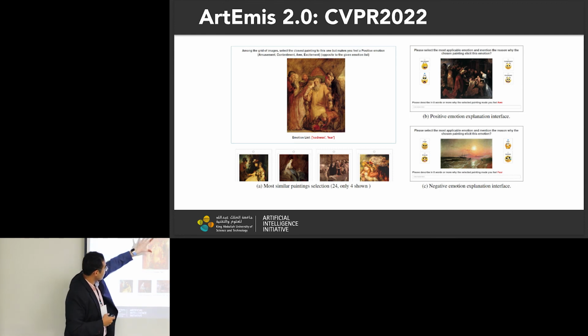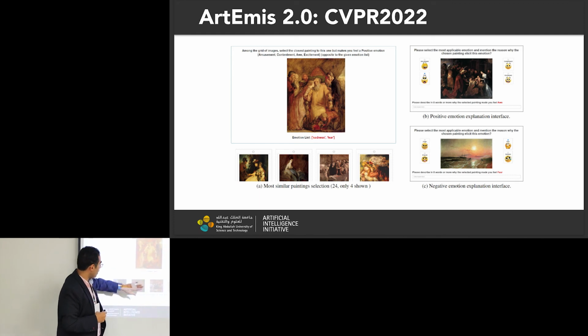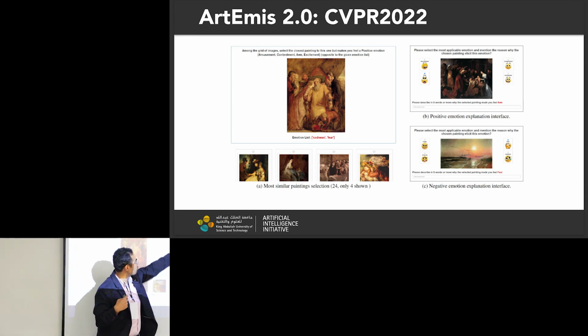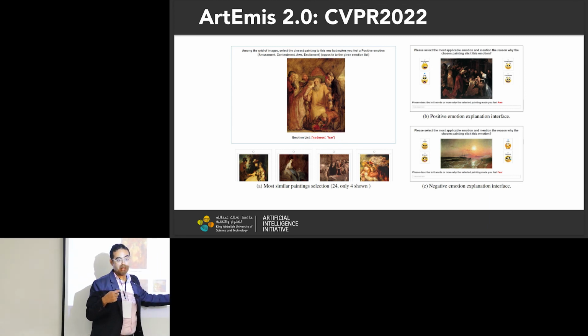What we did is that we picked images and ranked them based on their emotional dominance, positive or negative, and we know that this one evokes a negative emotion. So we show participants the 24 nearest neighbor paintings that are visually similar to this, and then we ask participants, do you think any of those nearest neighbor paintings may construct an opposite emotion? And if so, they click on it and they get directed to either a positive only interface or a negative only interface.